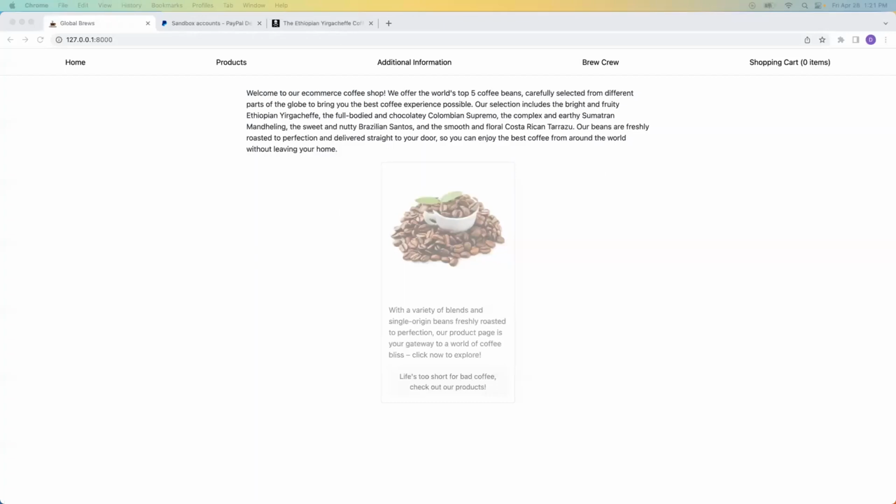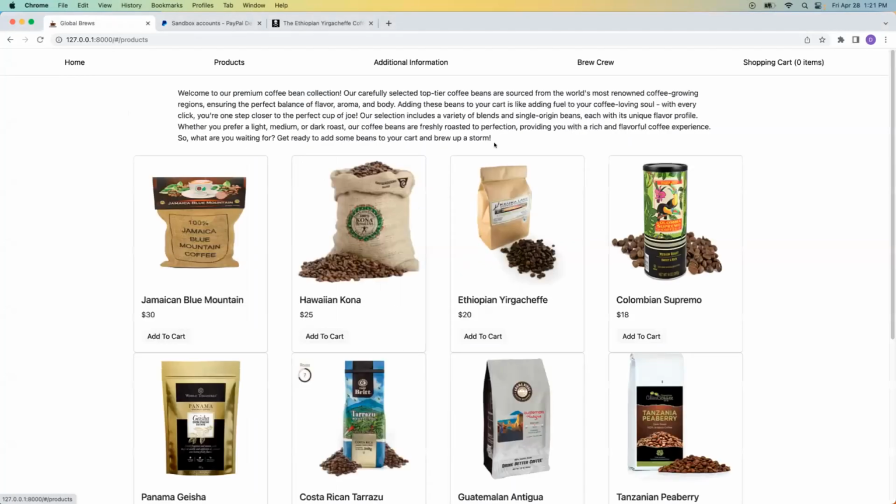E-commerce, okay, I made an e-commerce coffee shop. Basically the idea was just to get the top 15 coffees around the world and then have them for sale. To scale, I want to add maybe another page for products like mugs or little trinkets or something like that. But as I said, it's not styled yet. But here, this is the first product categories. So you can go into products,